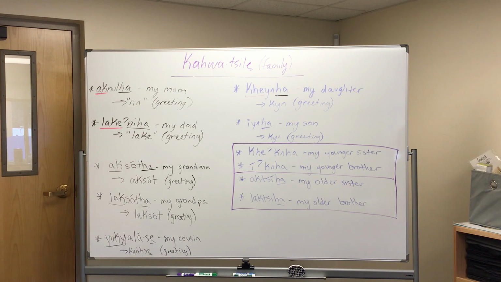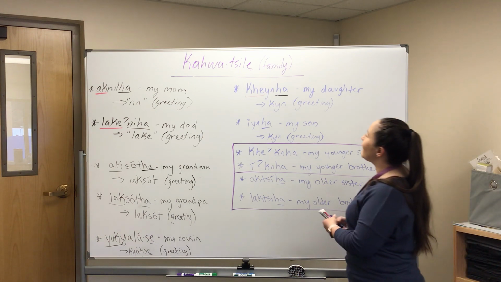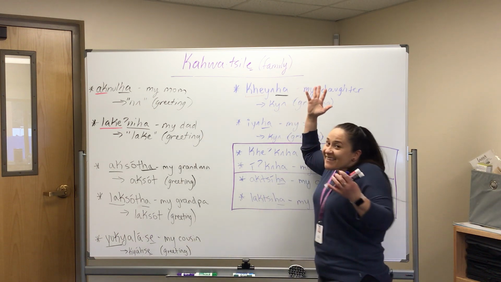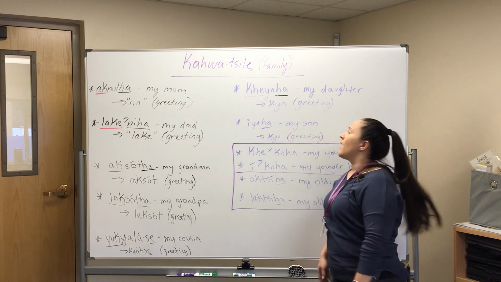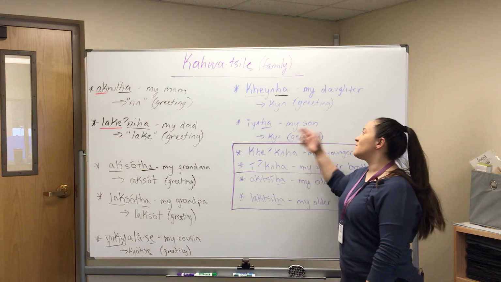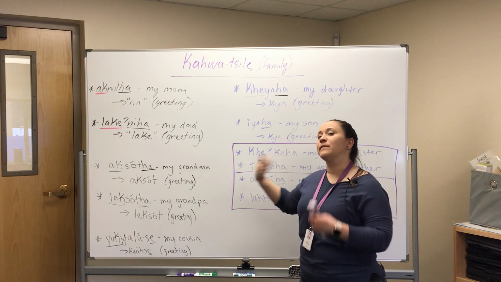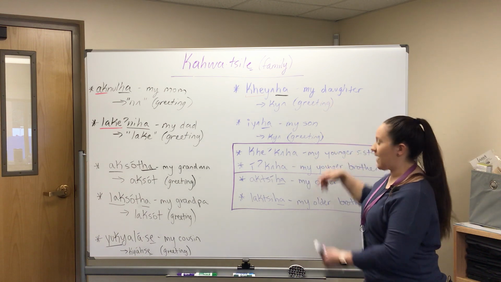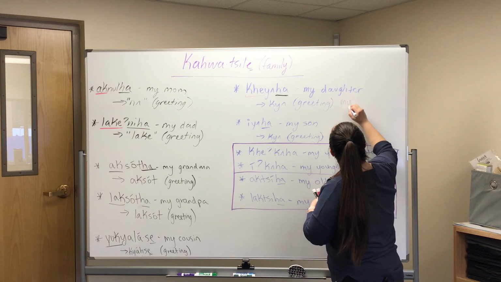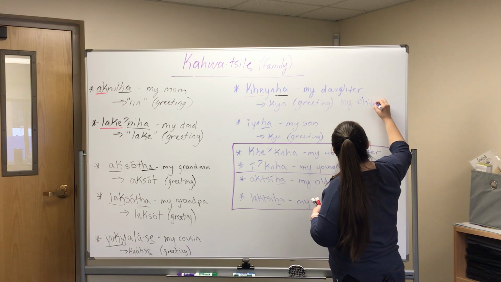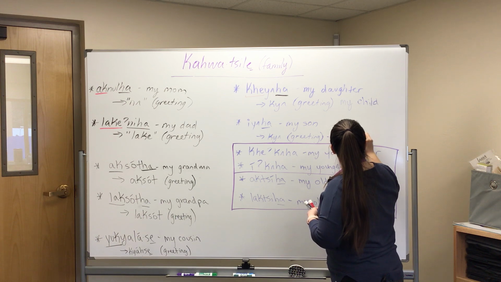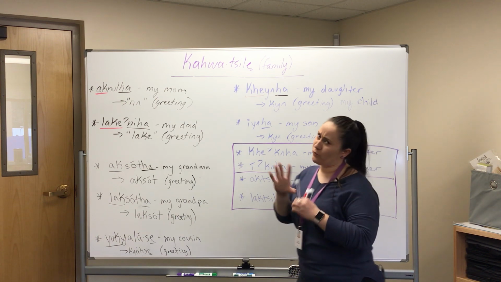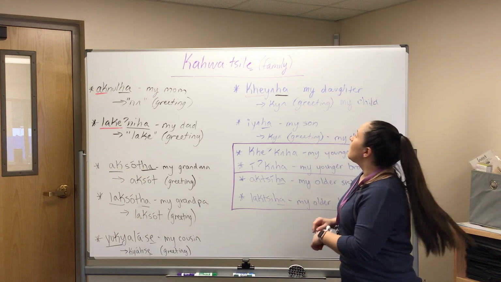So what a great parent video to go through. Sego Gyan would be your greeting form. It's like, my child, that's all it means. This is how you would say it, the shortened version, in a quick way. Iyaha is my son, and the greeting form is also Gia. So it just means my child. Actually, I didn't write it up here, but I will write it right now. My child. That's essentially all that means. It does mean my son or daughter, but in greeting form, the real quick form, it's like my child.